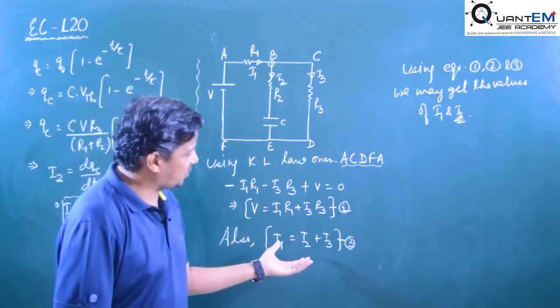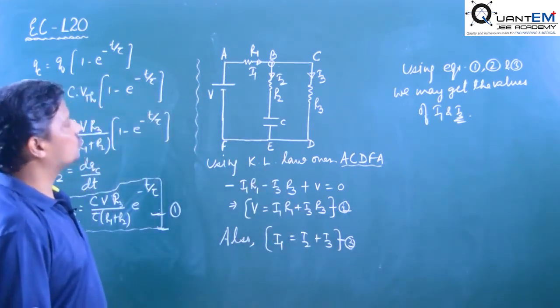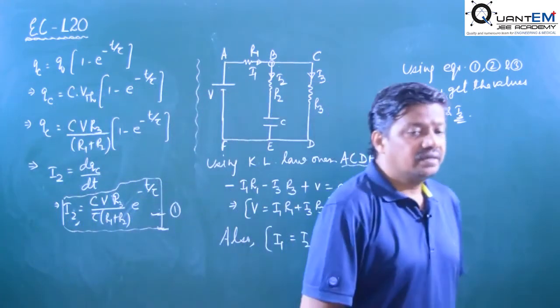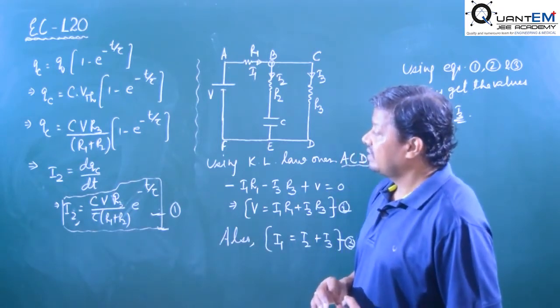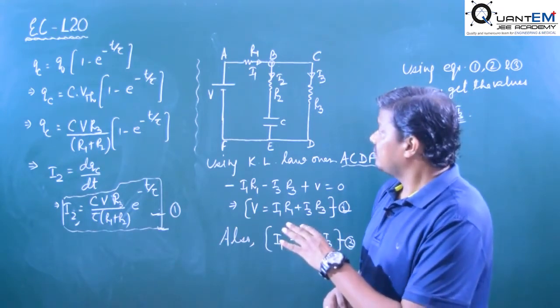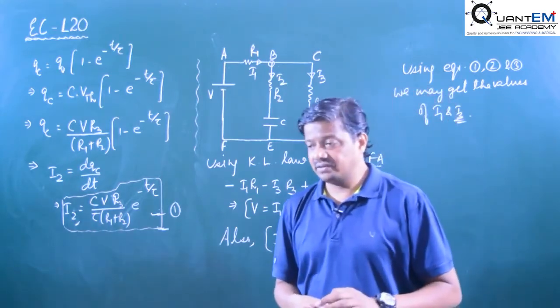I2 we have in terms of CB and number of resistors we have and time constant. Put all the values and using the equations you may get the results. So in this way you may solve a question. One question was asked in a previous IIT question, and it was the most difficult question of that type. Okay, so if you solve this question, then that question is quite easy.